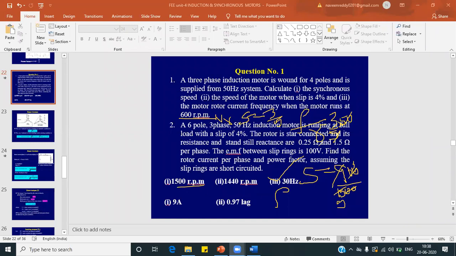Now sir, in the rotor current frequency slide, there is N as relative speed between magnetic field and armature winding. There is no concept of armature winding, I don't know. Roll number 18, a percentage slip is percentage. Krishnaveni's doubt is percentage S is equal to 60. What is percentage S is equal to 60? That I don't know.